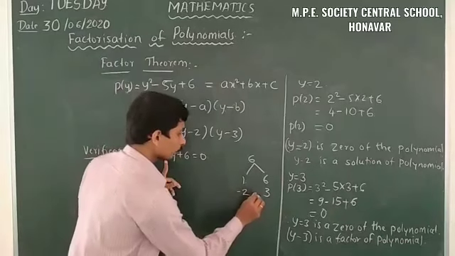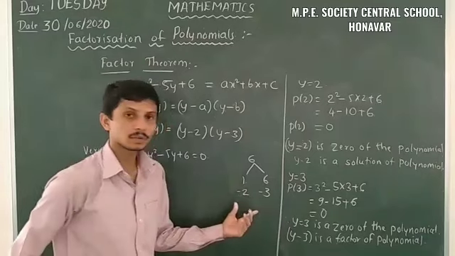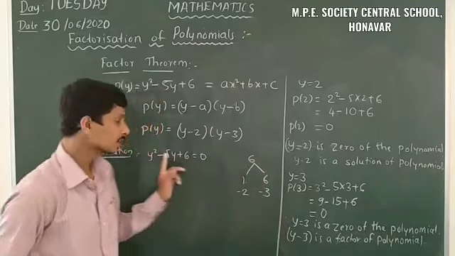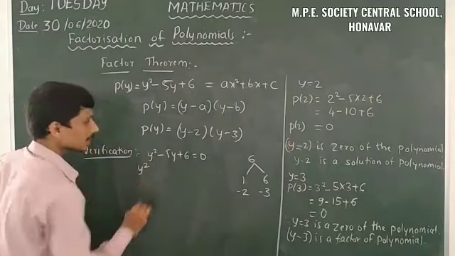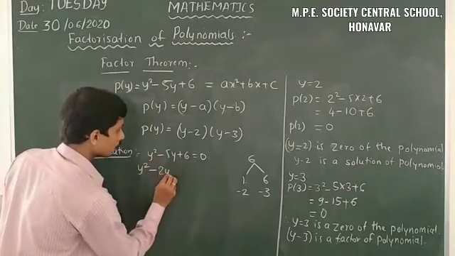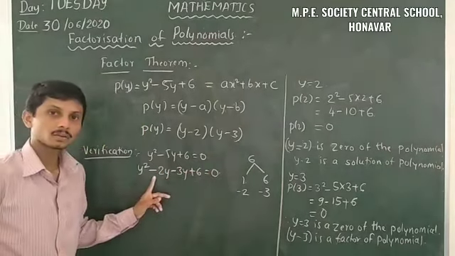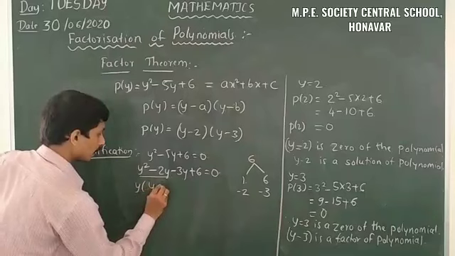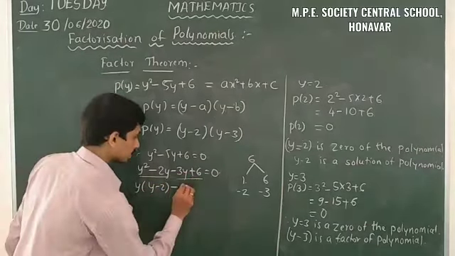So I will put minus signs on both these numbers. So what we get, minus 2 into minus 3 is equal to 6. So is it possible? And minus 2 minus 3 is equal to minus 5. So the value does not change. So we have to split the middle term. So y square minus 2y minus 3y plus 6 is equal to 0. We have to take out y from the first two terms, y into y minus 2, and minus 3 from the next two terms, minus 3 into y minus 2 is equal to 0.